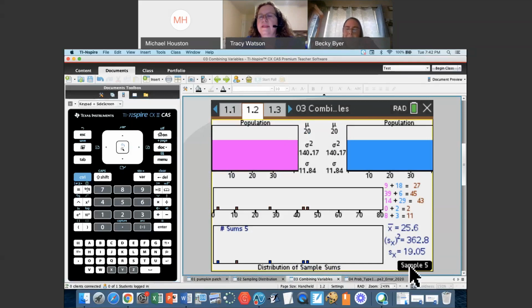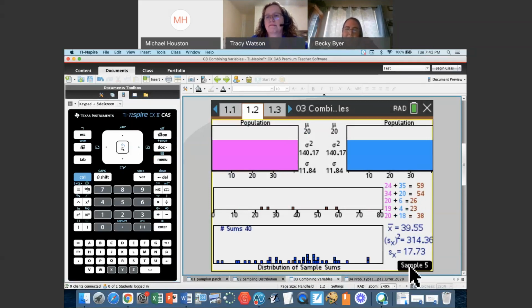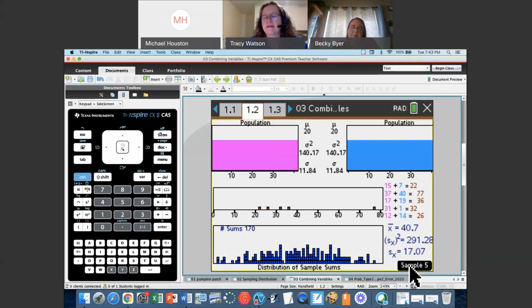And so now notice 5 barely fits on the real estate, but they can see I'm taking 5 values from the pink population and 5 from the blue, and I'm pairing them together, finding the sums, and then taking the mean of that sample. This is going a little faster. I think that visual of them seeing that connection of what they're actually doing is so important, because they forget that there's multiple ways to get the same sum.